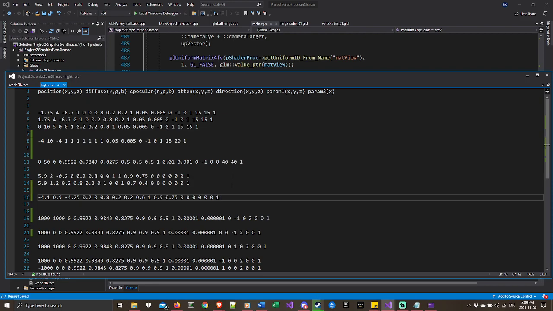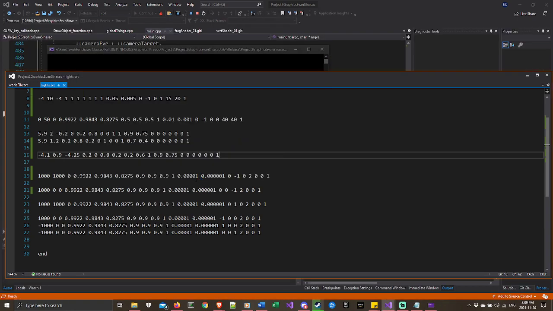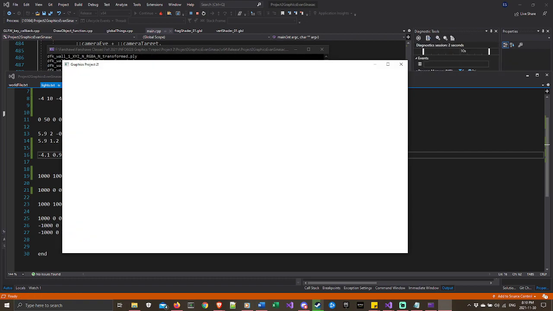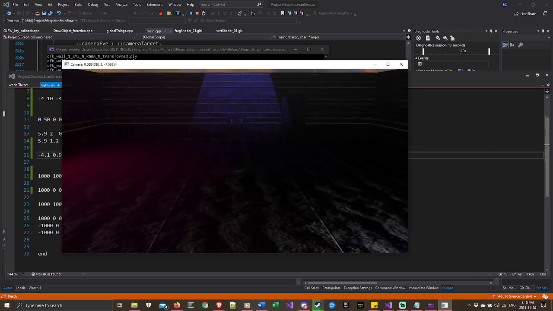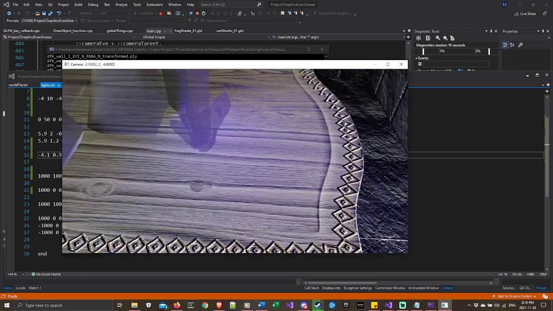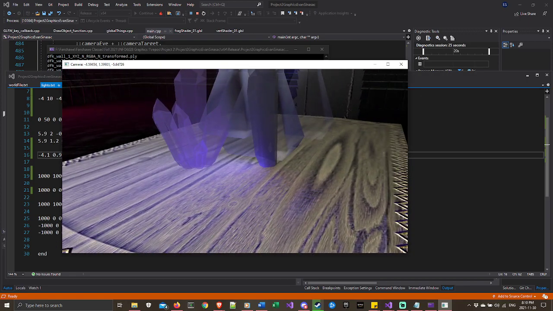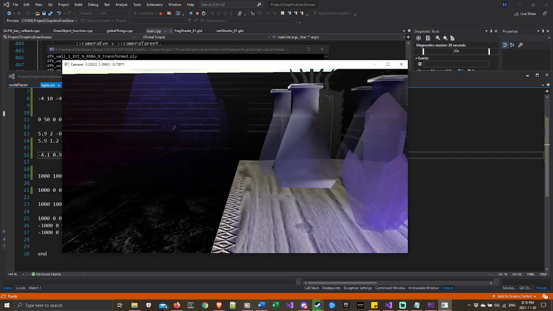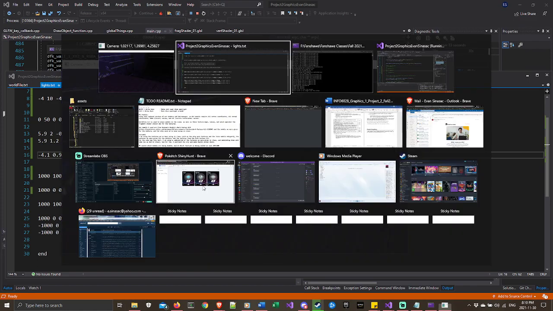Turn the light on. And now we have another point light, which should be centered on the blue crystal on the table. And also I changed the directional light, so now everything is much darker and hard to see, but we do have a blue point light kind of centered on it. It's a little bit to the left of the blue crystal, but I did change that for the